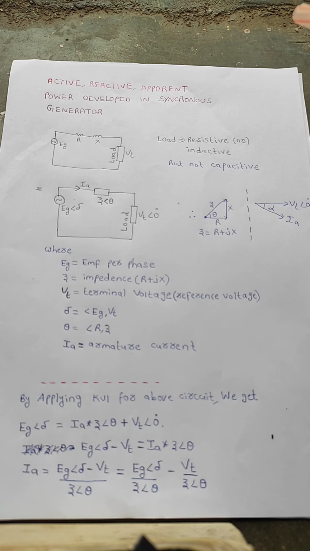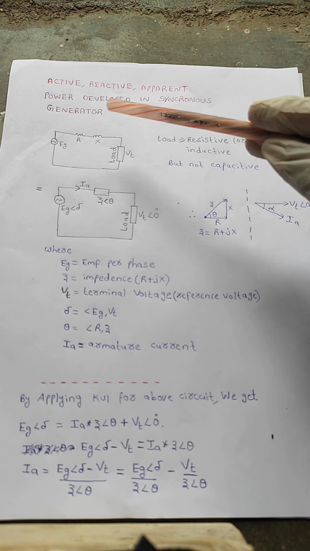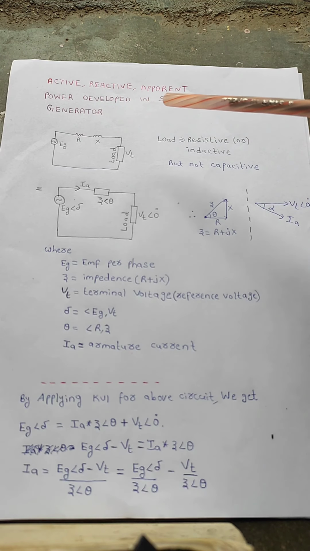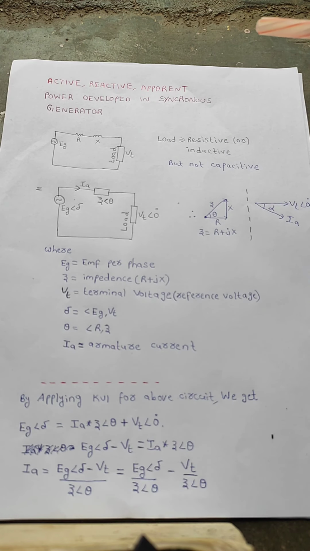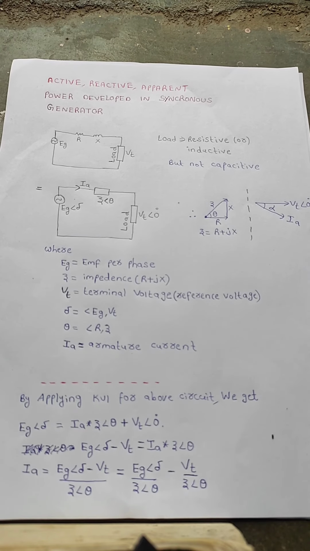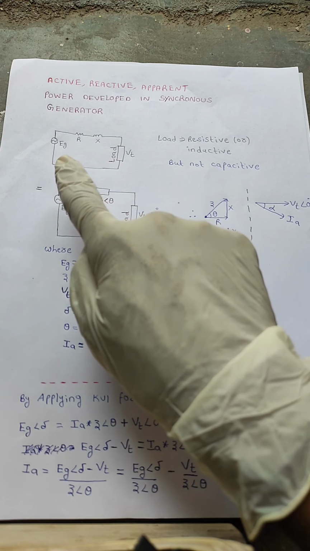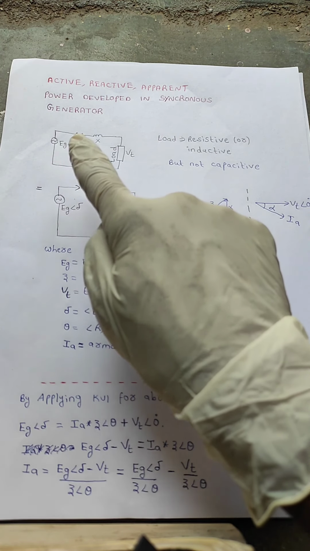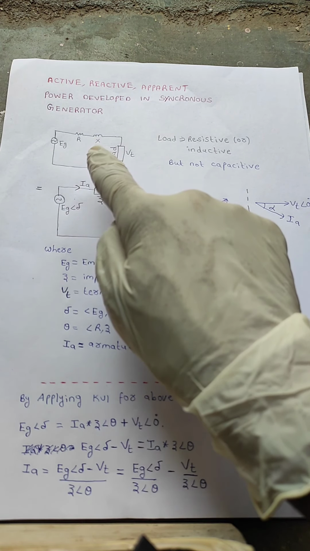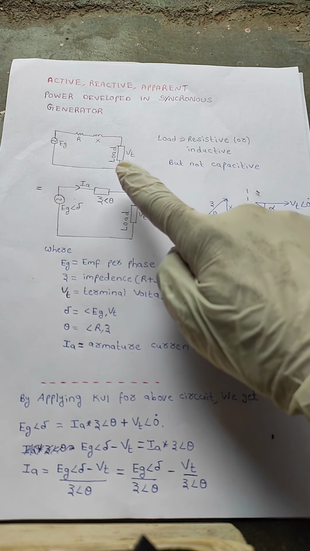Hi friends, today I am going to derive active power, reactive power, and apparent power developed in a synchronous generator. You know that this is the circuit diagram of a synchronous generator. Eg equals generator voltage, R equals internal resistance, X equals internal reactance, and this is the load